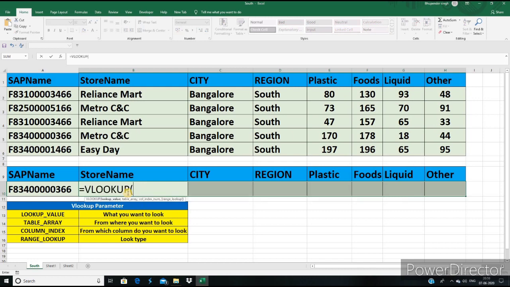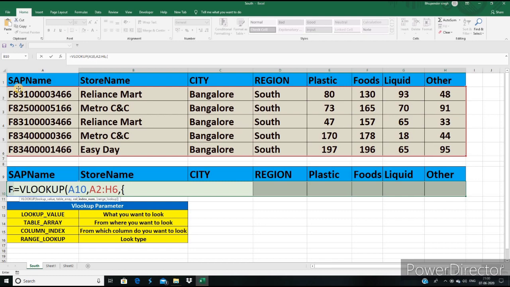So here we have our VLOOKUP. The first parameter is lookup value, as I told you earlier. The lookup value will be the A9 cell value. Put a comma, table array. You need to select your complete data like this. That's it. The main game is column index. Here we want to give all the column numbers inside curly brackets.